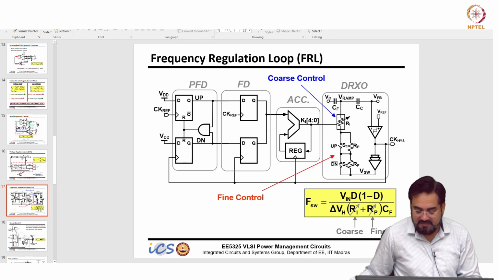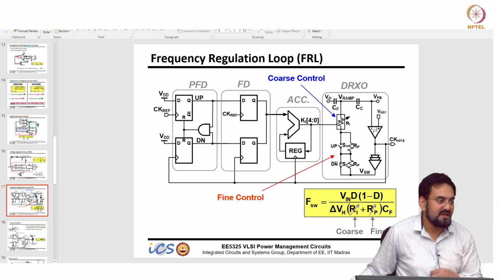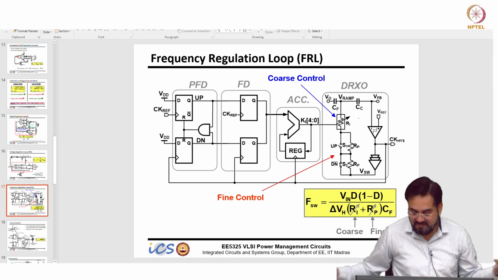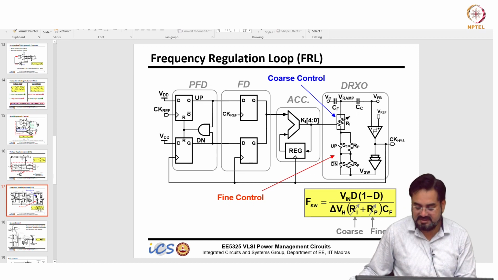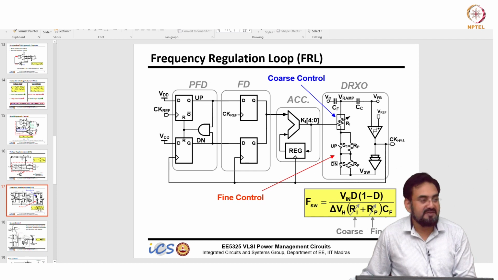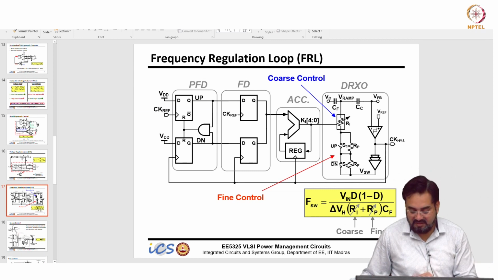But the problem is more number of bits will complicate your R DAC. Building an 8 bit or 10 bit kind of DAC is not easy. It will take a lot of area also, and guaranteeing that accuracy is also not easy unless you take care of a lot of things in the layout. So, what we are doing here is using both coarse and fine. Coarse means digital, fine is some way of analog, and I will tell you what analog it is.